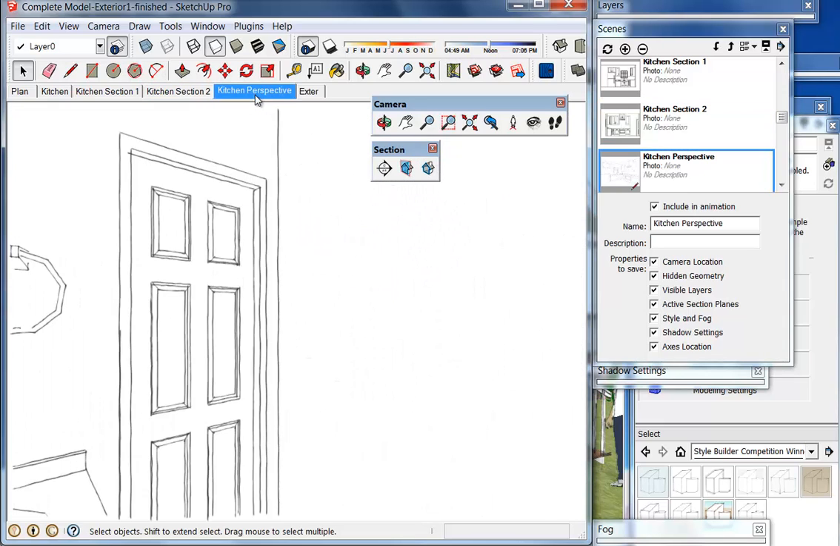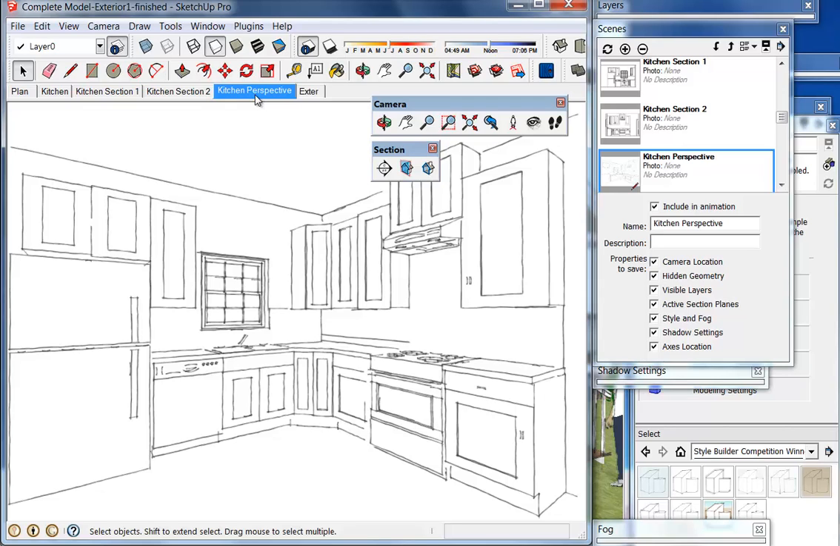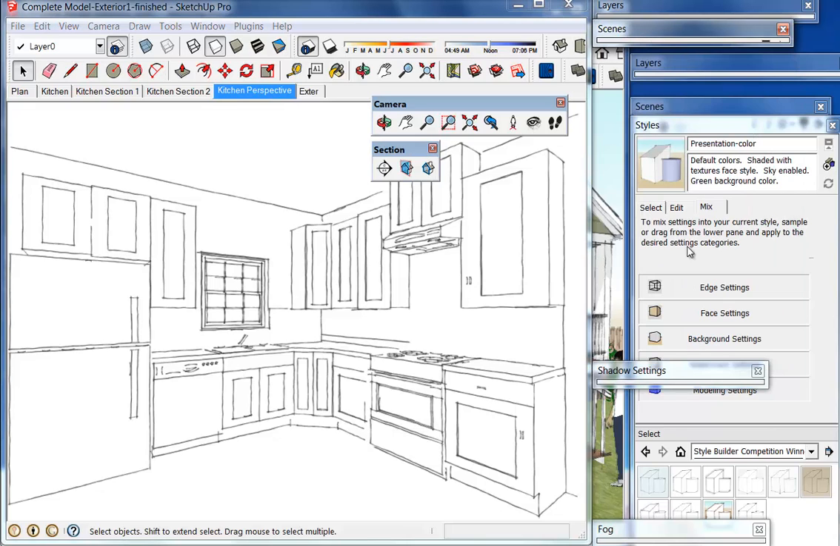Here's the kitchen perspective. Here I'm just using a very simple black and white sketch view. But if you take a look at your styles here,